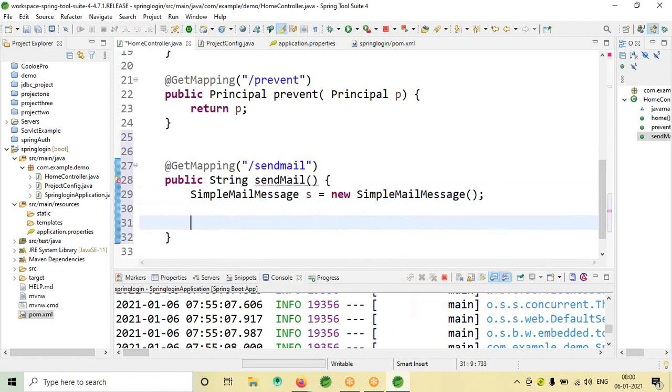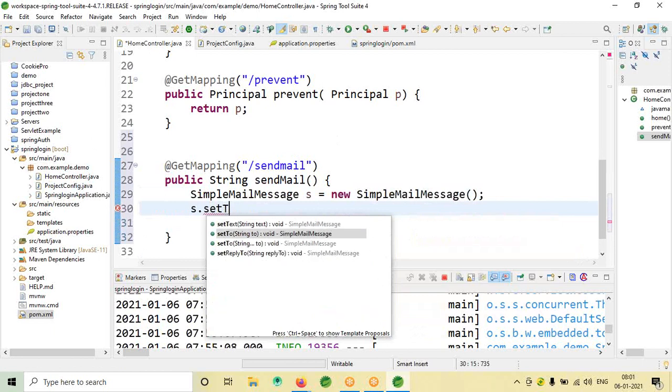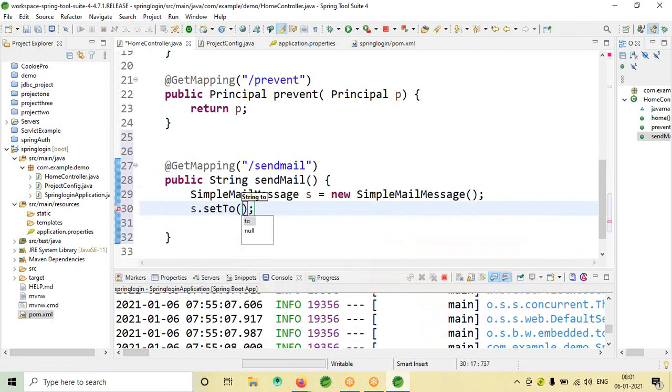Okay, so it's very simple. So you just need to send, s.setTo. For example, I want to send to my email ID, that is